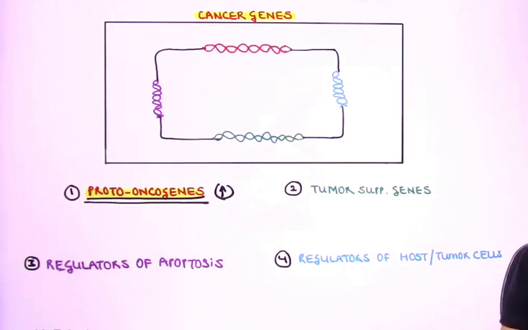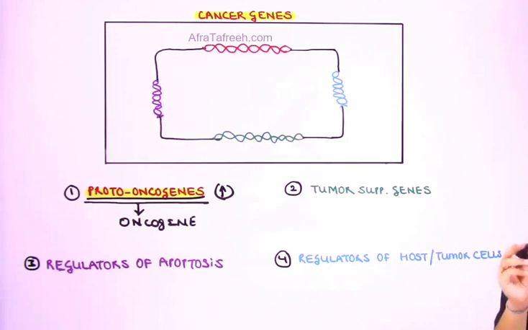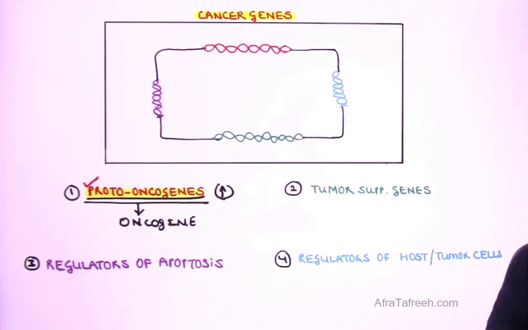And now this proto-oncogene is going to be converted into what is given the name of an oncogene. Now you understand the simple fact that in a car, if you have two accelerators and even if one of them happens to be overactive, then the car is going to run faster. That means in a cell, even if one copy or one allele of the proto-oncogene becomes overactive, then there is high chance of development of cancer. If you correlate it with normal genetics, if you have one gene mutation and there is an expression of a disease, this is what is classically associated with a dominant kind of gene effect.